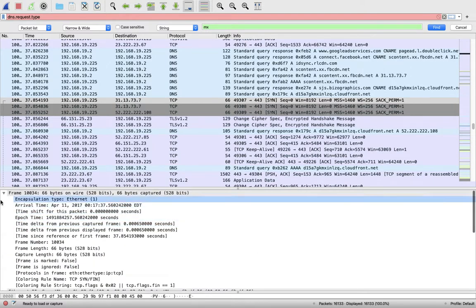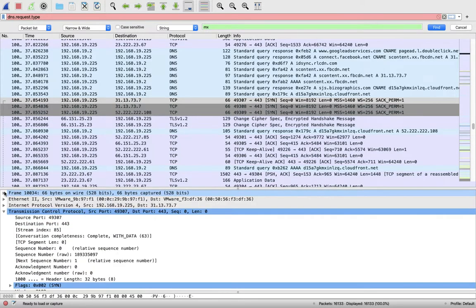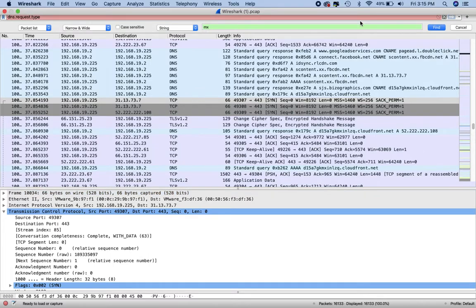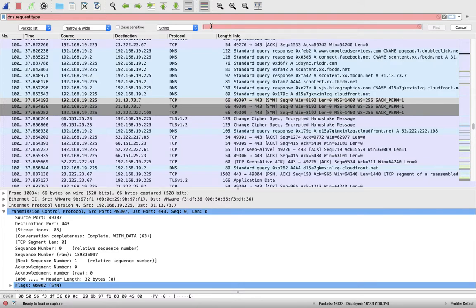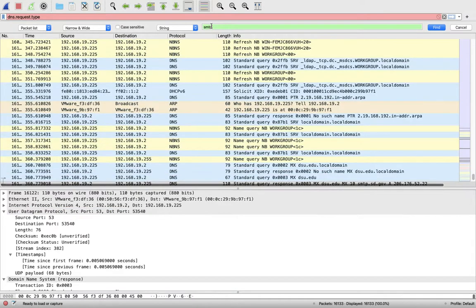I know we just saw it. Oh, there it is right there. Okay, so you're doing DNS request type of the type